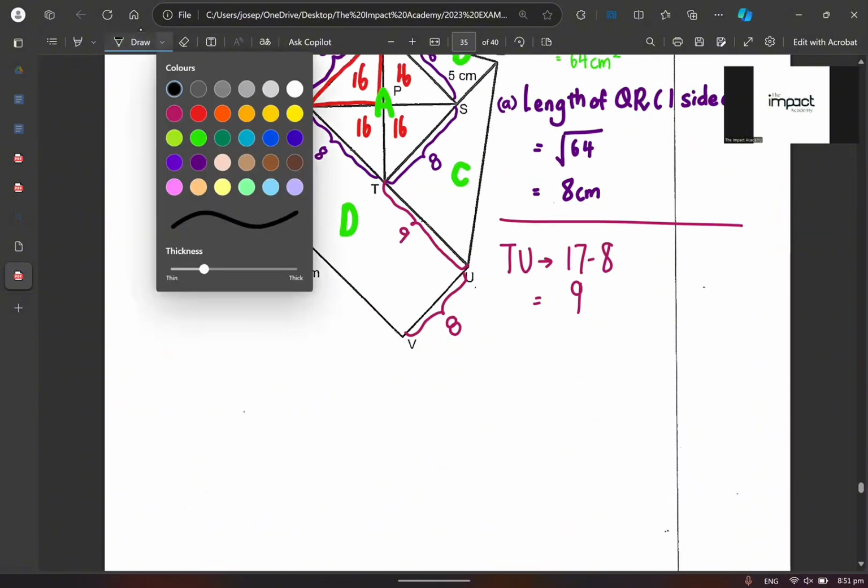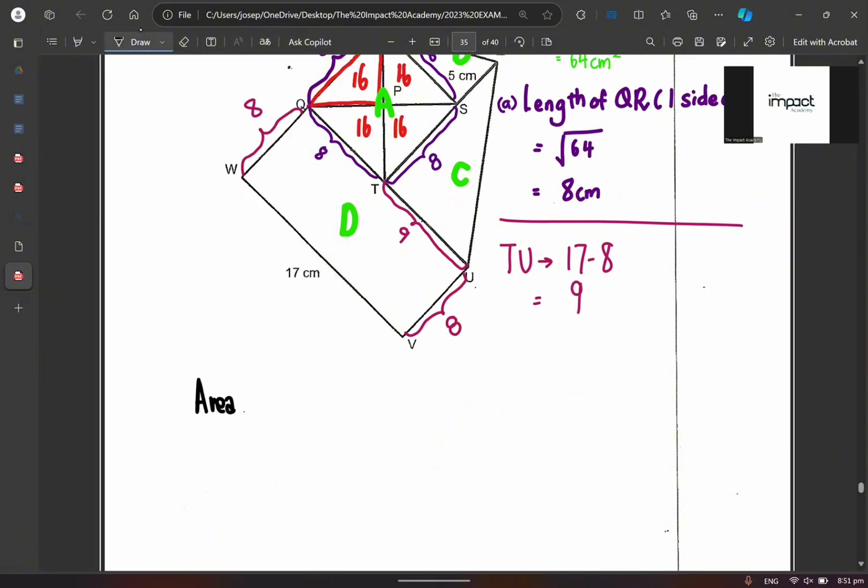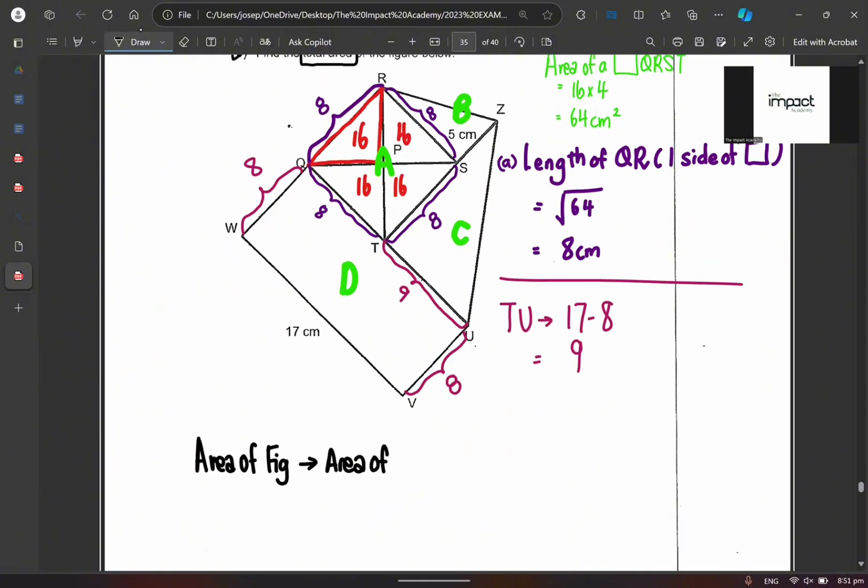So I am going to find the area of this entire thing. I will say that the area of the figure is made up of the area of, which square is this called? This is square A, right? Maybe you don't even have to put square A. You can just put square QRST. I just wanted to put A over there to help you see it clearly. Plus the area of